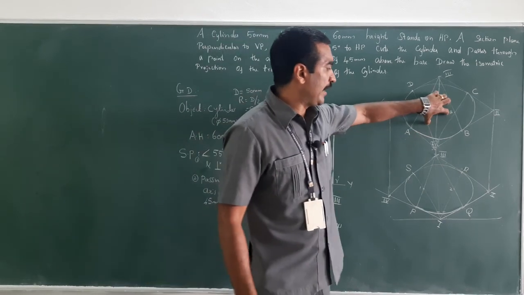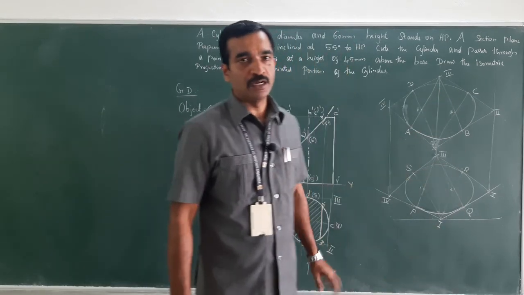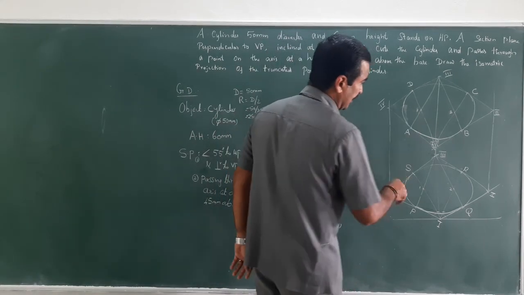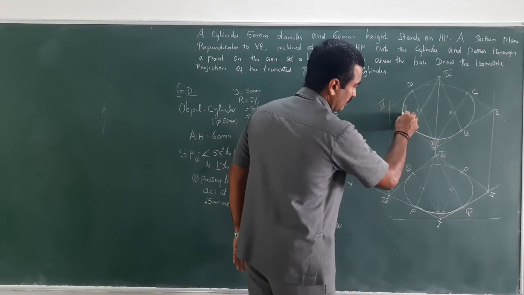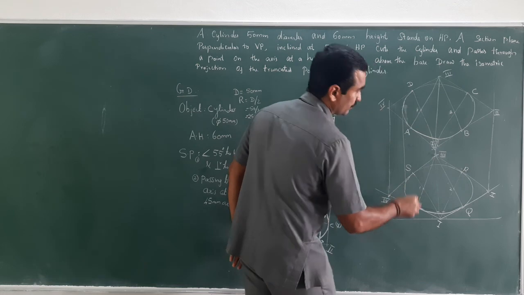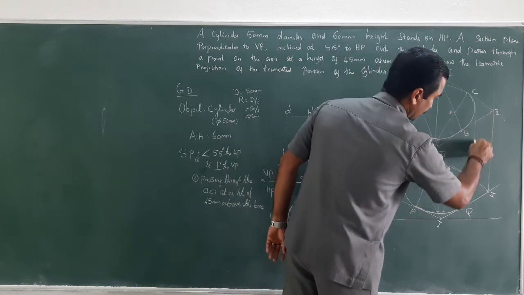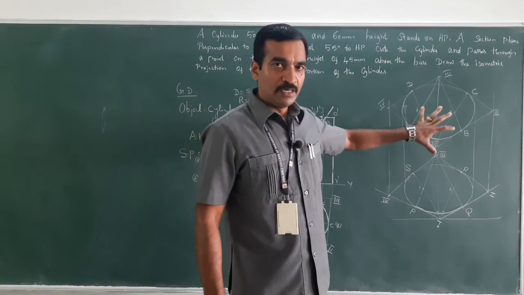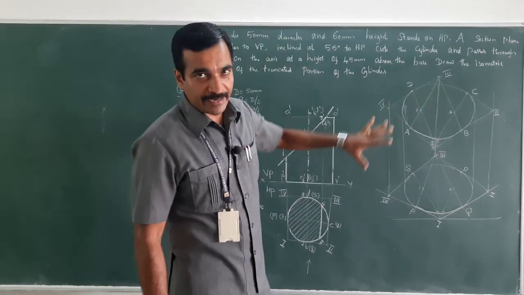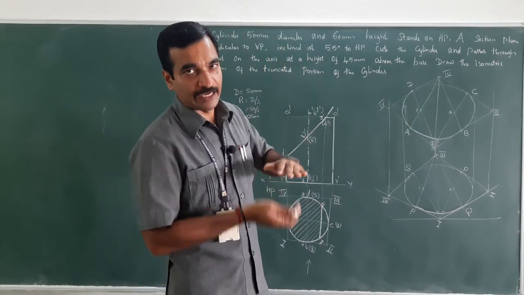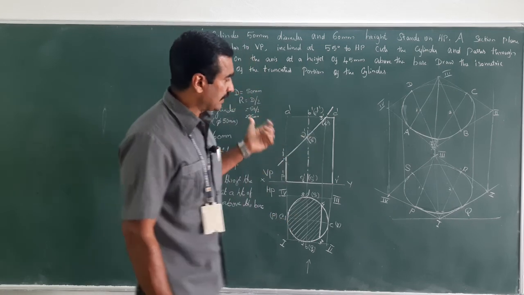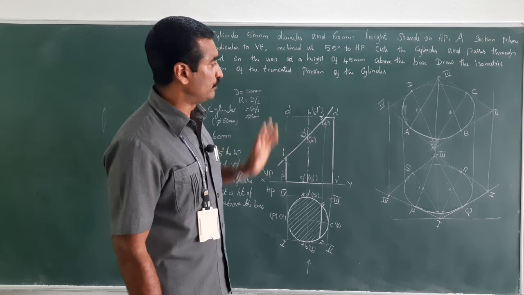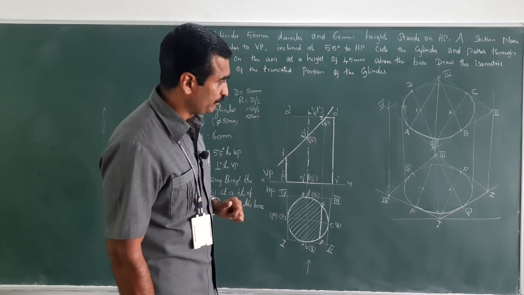See, the top face and bottom base have been drawn. Right. Now, connect the extreme points. So, just drop it. Here also you just drop it. So, this is the simple cylinder, right? Which is resting on the HP. But in this case, a cutting plane is used to cut the object at 55 degrees to the HP.